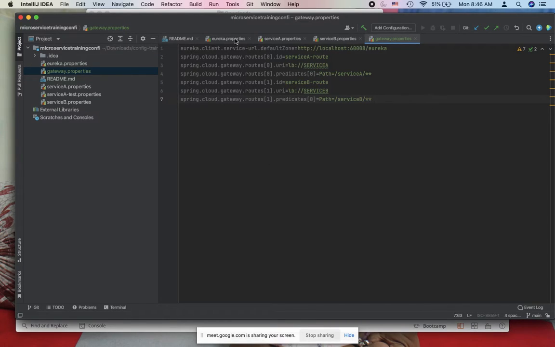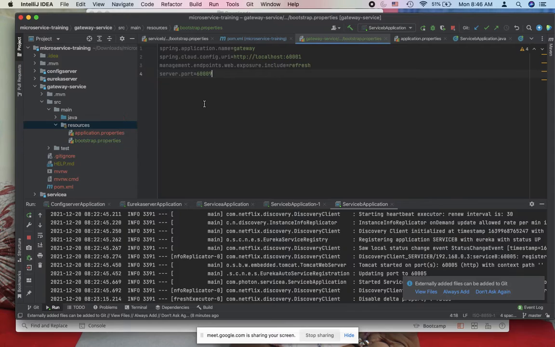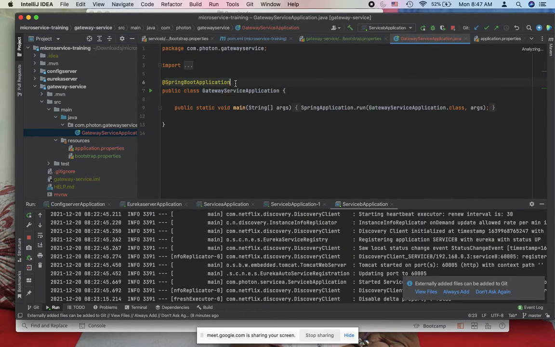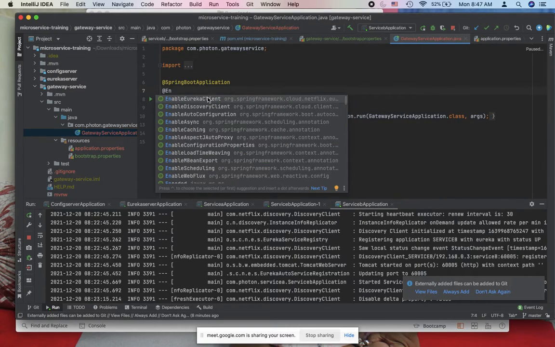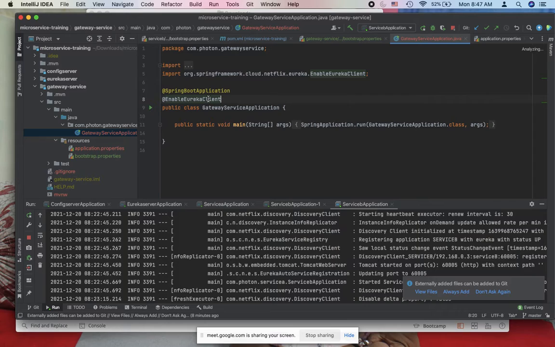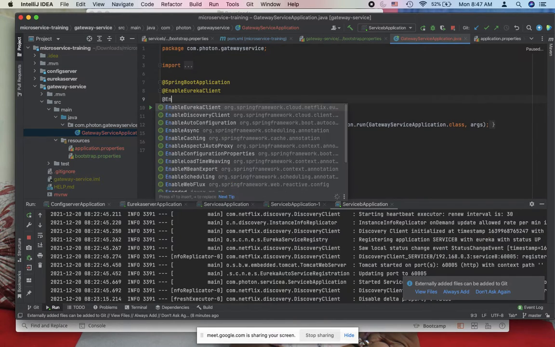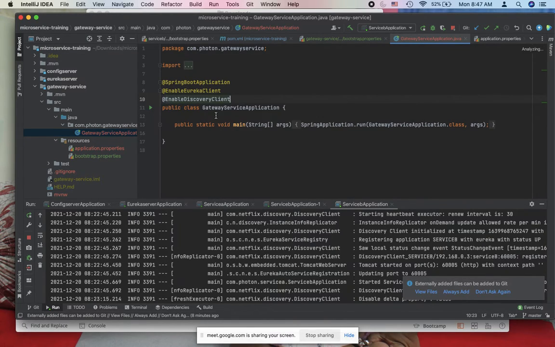So these are the things you need to write in the gateway. That is fine. In gateway.properties, I have configured it. Now let's see what we need to do in the gateway service application. In the gateway service application, you need to keep just two annotations. First is enable Eureka client, and you also need to enable the discovery client. That's all. Now if I run this application,